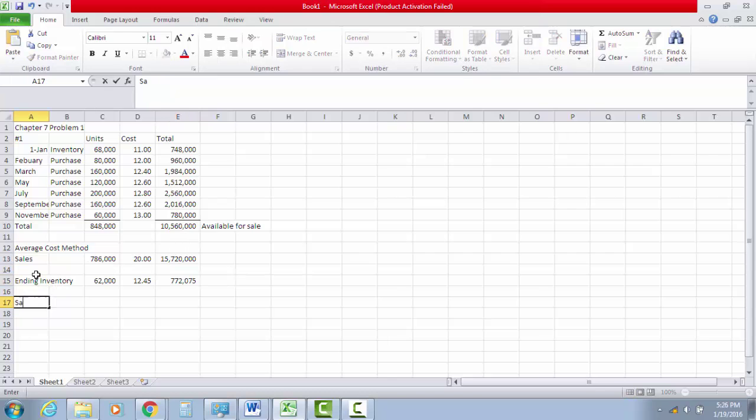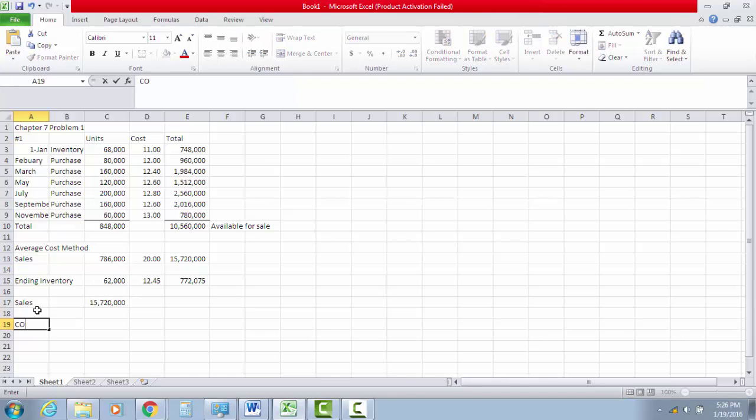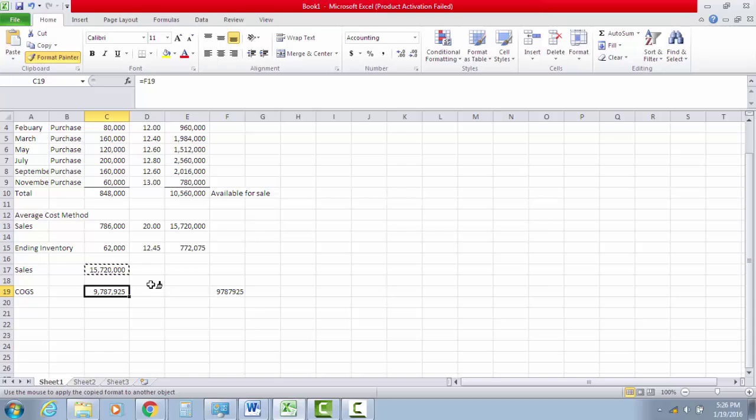So with that being said, I can take my sales of 15,720,000. I can then subtract my cost of goods sold, which will equal the 786,000 units times my cost, since I'm using average cost, and my cost of goods sold would be 9,787,925. And again, it all depends on how you round these items. If you're very close, then it's really just due to rounding. My gross margin is the difference between these two items. So the 15 million less the 9.7 will give me